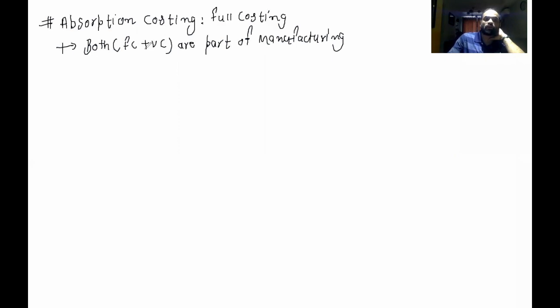So both fixed plus variable. Fixed plus variable is a total cost. Total means full cost, right? Full means total cost, and total cost is fixed cost plus variable cost. So it means both fixed and variable cost are part of manufacturing according to absorption costing, and if that's true,